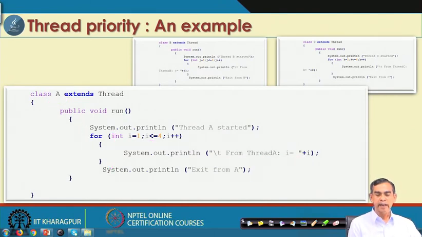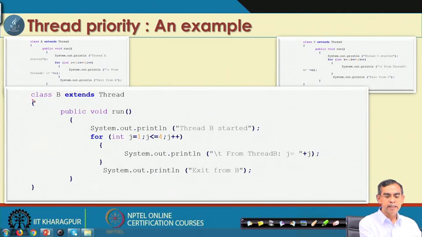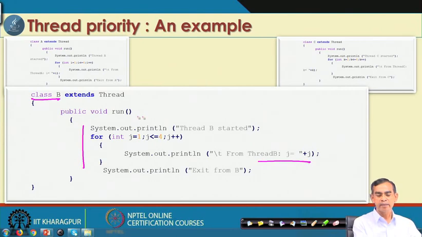So this is class A, one thread that we have created. Now, let us have some more threads, because multiple thread execution is more interesting. Here is class B, another thread that we have created. This is also similar to the class A thread, but it just prints the loop variable of its own.